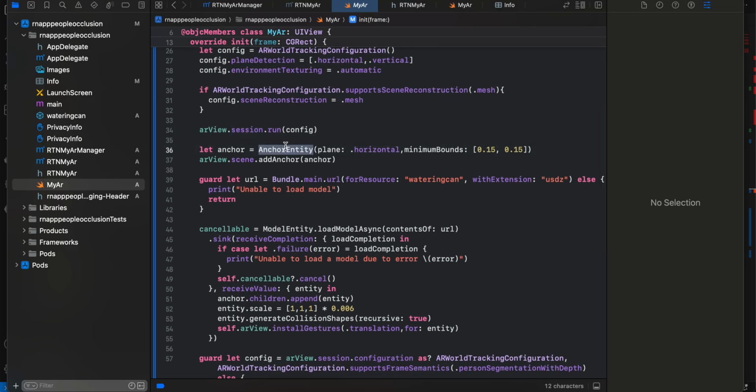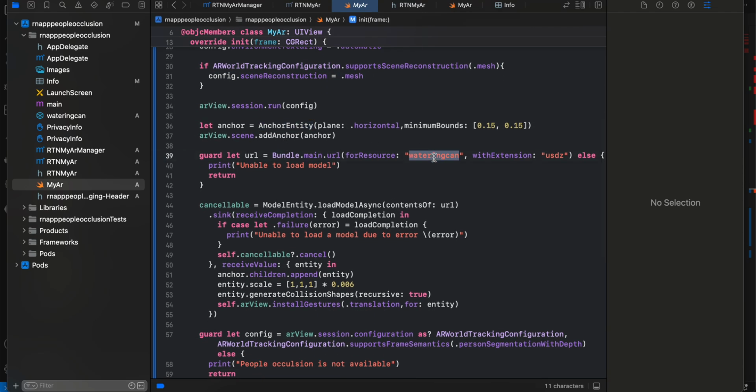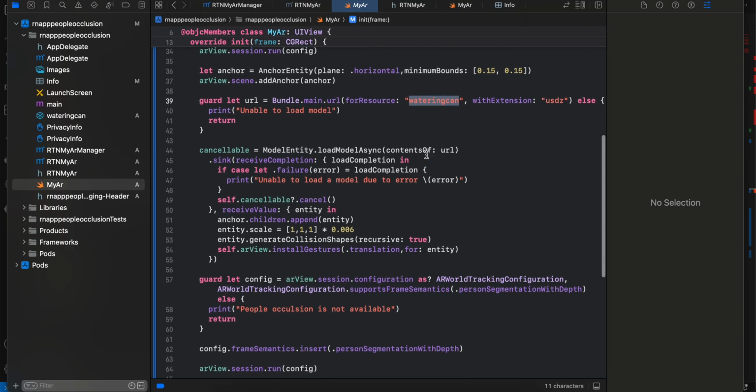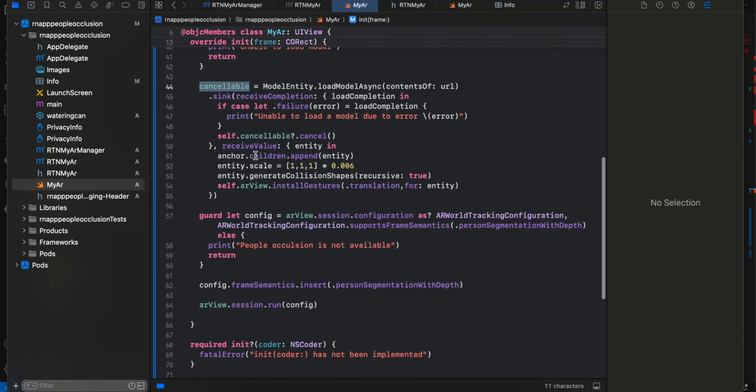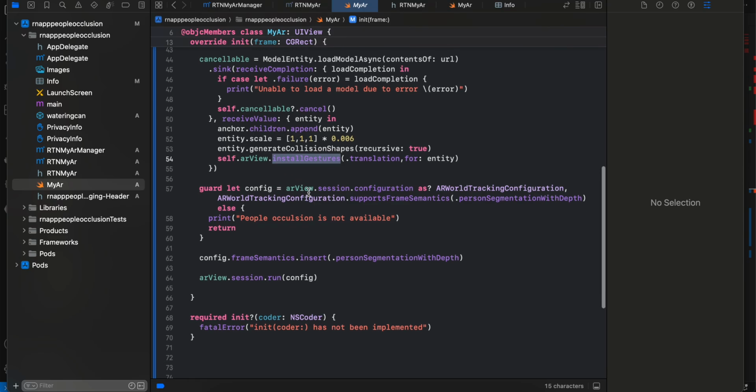Here we create our anchor entity, then here we load the watering can model. If you have used some other model, make sure you change the name over here. And here we use cancelable to load the model asynchronously. Here we just install some gestures for our AR view, and here is the actual code. So here you can see